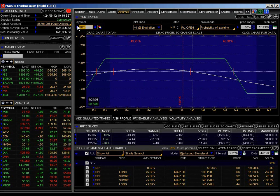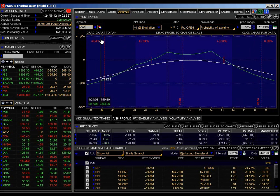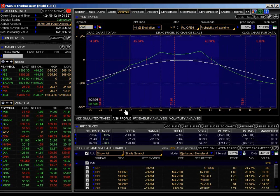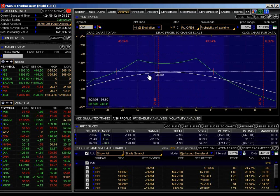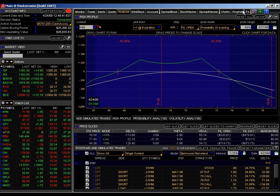Our final position is the IWM, which you may have seen in other of these daily adjustment and review videos. It was trading way down here at the 70 level and now has moved up towards the center of our little profit tent in our picture here. So we're doing very well on the IWM, because remember I had reviewed the